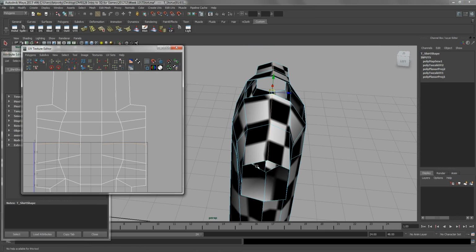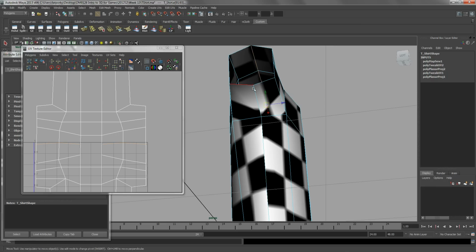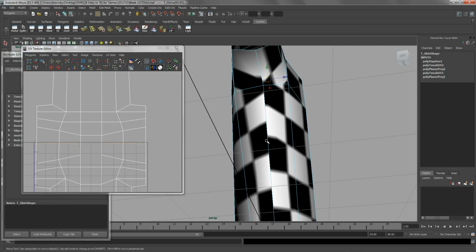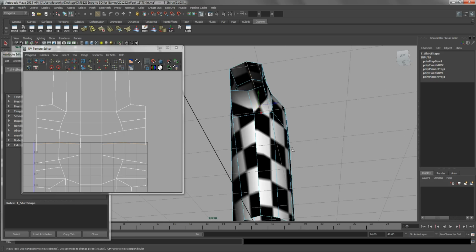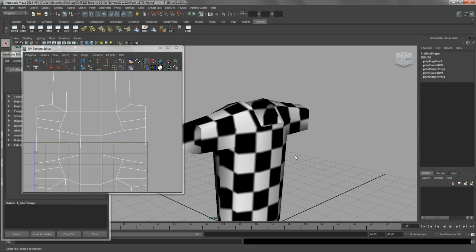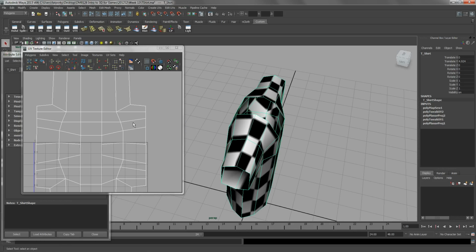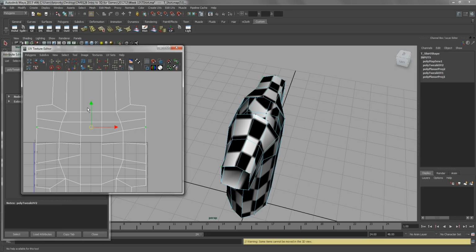Seamless simply means that it is unlike what you see here. This doesn't match up. This is what we call a seam. This is where we would put the stitches or our needlework to create our t-shirt. Alright. So now that we have a nice seamless object here, or UVs,